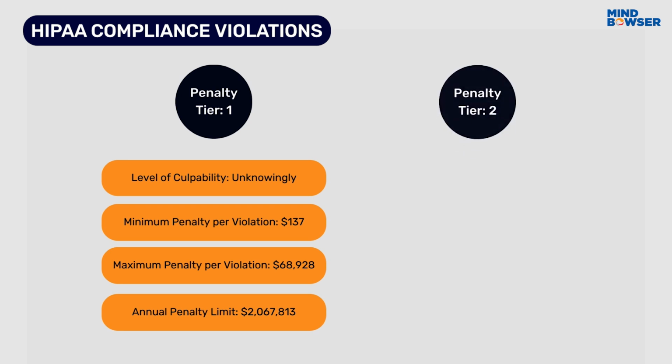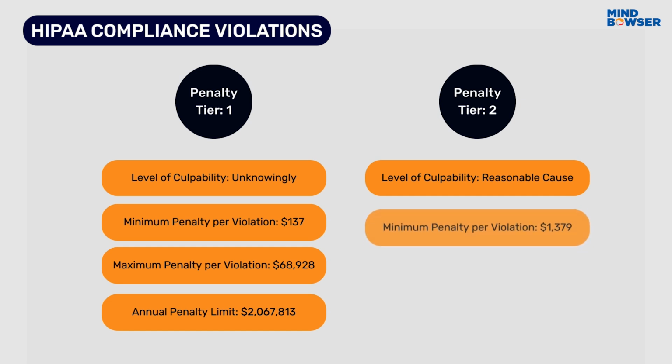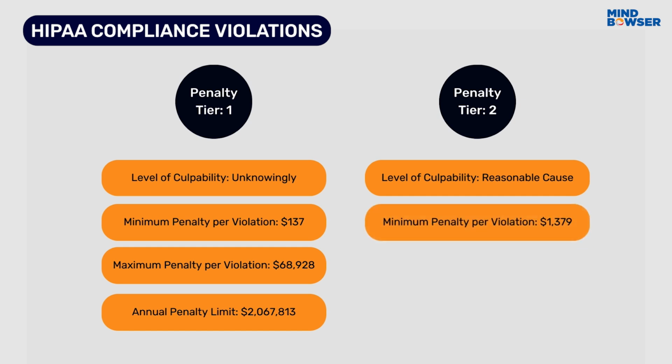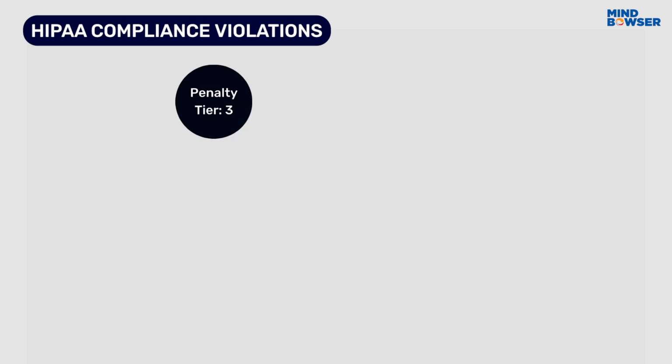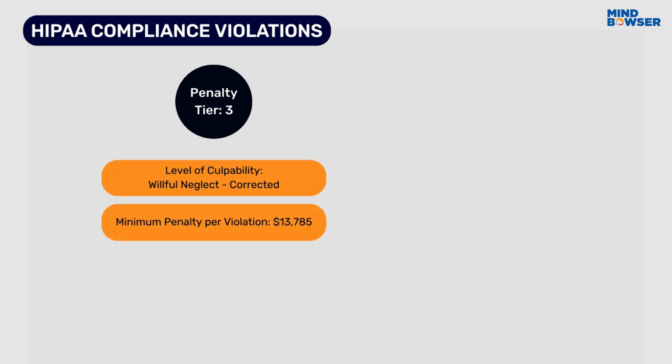$2,067,813. For penalty Tier 2, if level of culpability is reasonable cause, then the minimum penalty per violation is $1,379, maximum penalty per violation is $68,928 and annual penalty limit is $2,067,813. For penalty Tier 3, if level of culpability is willful neglect, corrected, then the minimum penalty per violation is